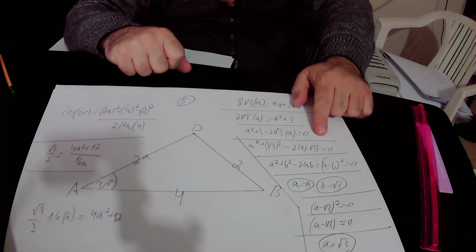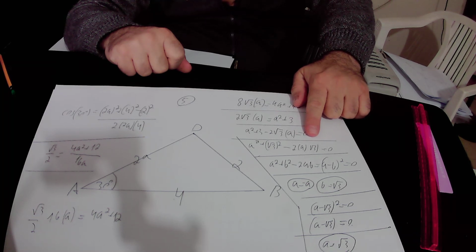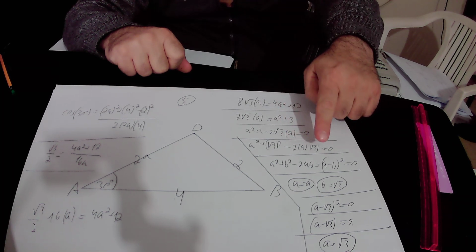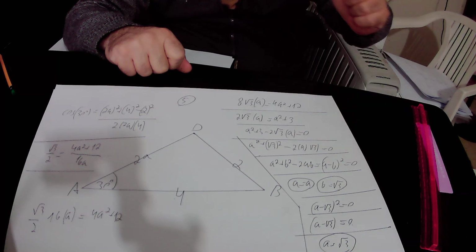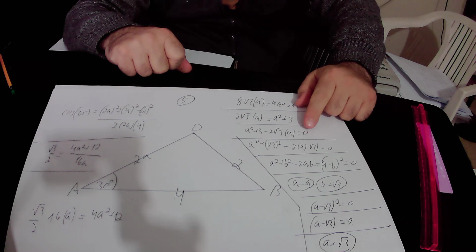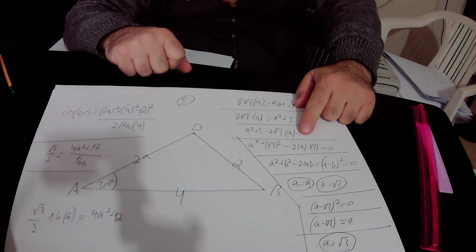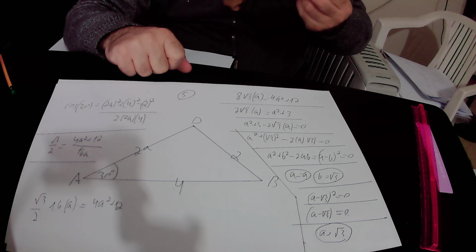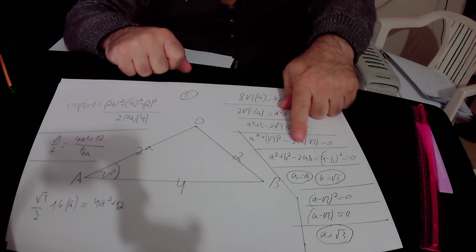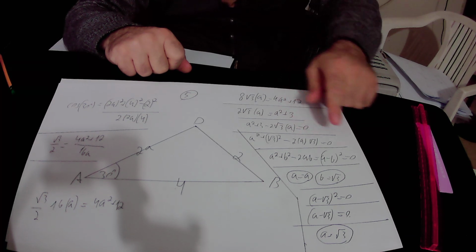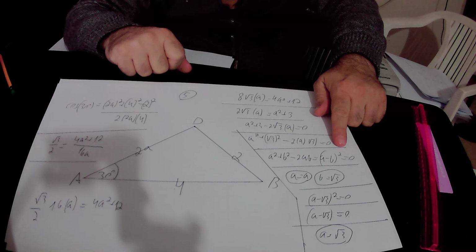And this expression is very similar to the algebraic identity that a squared plus b squared minus 2ab equals (a minus b) squared. In our specific expression, a equals a and b equals square root of 3 units. So we can substitute our specific expression by (a minus b) squared,